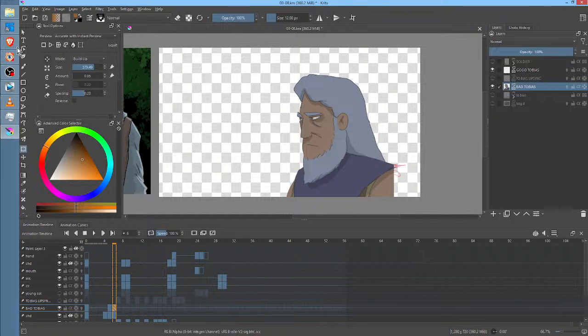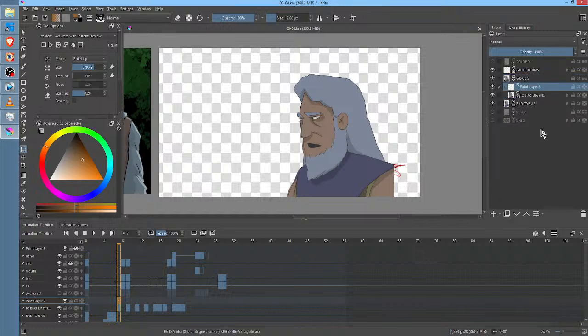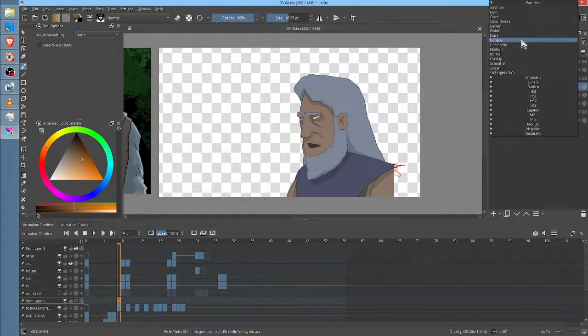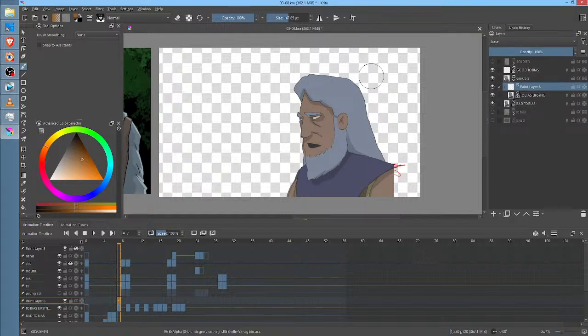Okay, now let me show you how we're going to do this. Let's save this. Turn this back on. When we go here, as you can see, you've got two versions of Tobias overlaid against each other. So I'm going to take the one that's the lip sync and hit Control G to put it in a group. Then I'm going to add a layer over top of it, hit the B key, use my big old Conan brush, and this layer is going to be in erase mode. And what that's going to do, actually we can